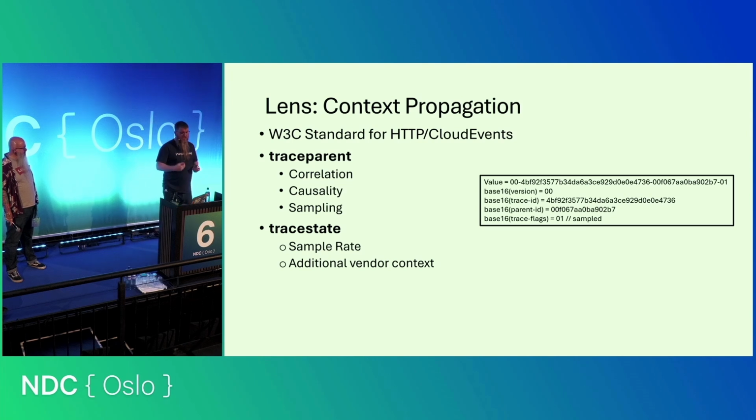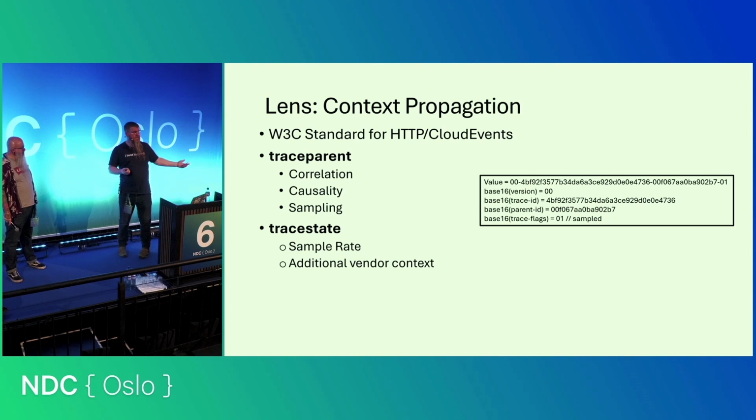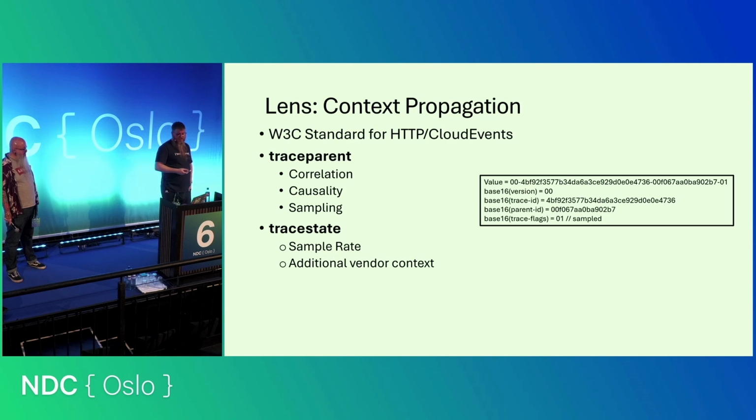And what it does is it uses metadata from the requests. Now, it might be headers from an HTTP request. It might be CloudEvents and using the metadata out of CloudEvents. It could be just the application properties on Azure Service Bus. But it's metadata that goes with your message. And it includes some vital information that allows us to see not just the correlation, but also what came before. That's what gives us that view to be able to say, this thing caused that thing. And that's what we have on there, which is our parent span ID. It has a ton of other information that makes it useful as well.